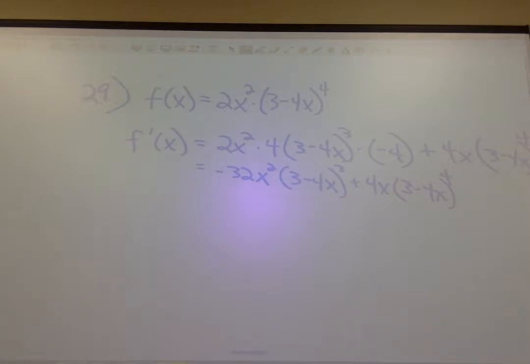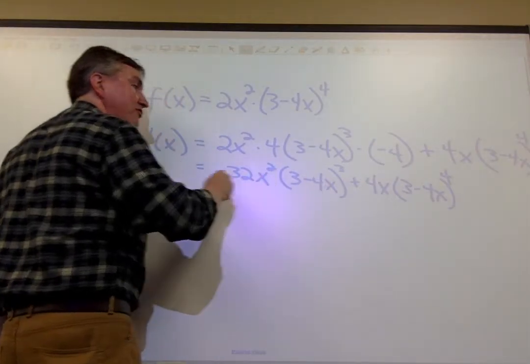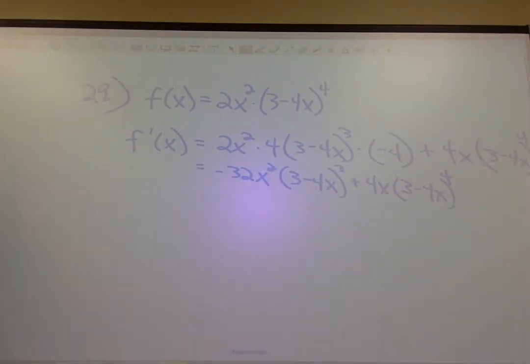But look how nice on your quiz, though, that quotient rule, the numerator did cancel down to -3, which was so nice. And I would like that if you could do it easily. But see, that's not going to be easy to simplify. But I think a lot of times they would try to factor out the GCF from this and make it even simpler. And that gets to be just time consuming. 12 minutes. So,